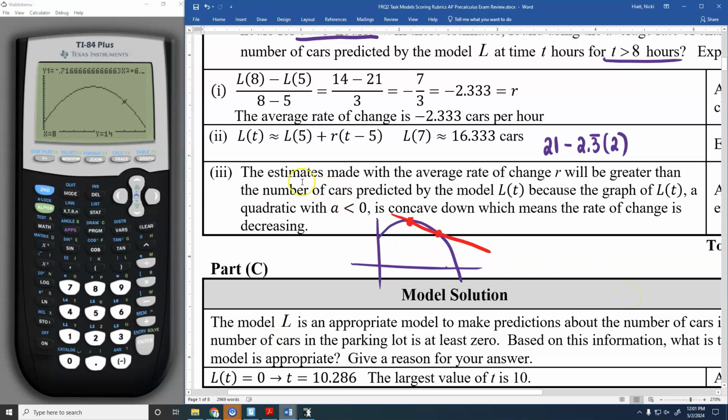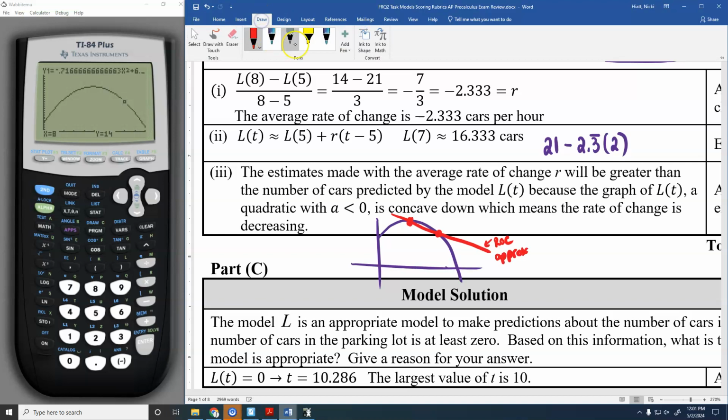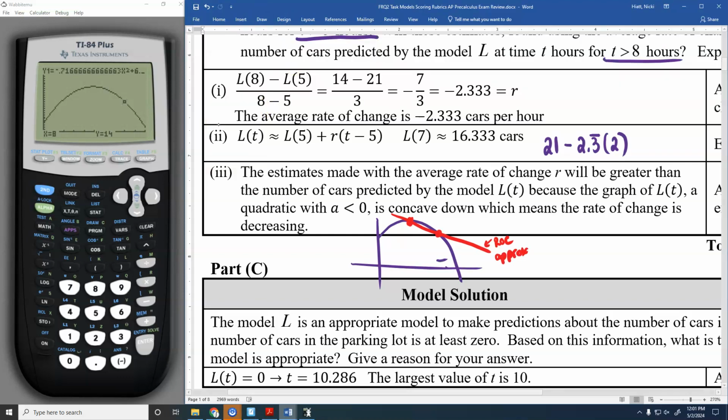So the way he worded this, the estimates would be greater than the number of cars predicted by L of t because the graph of L of t is a quadratic with a less than 0 and it's concave down, which means the rate of change is decreasing there. I think you could draw this picture and label this your rate of change approximation, and then this one right here being your L of t, like that, and you could say something. You do need to say